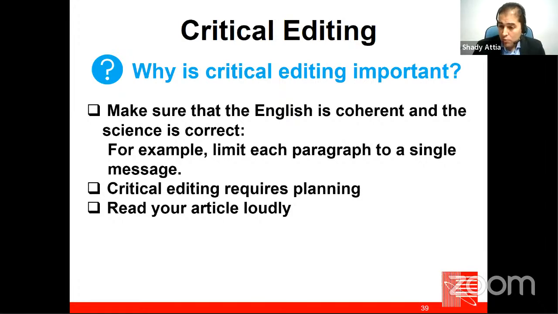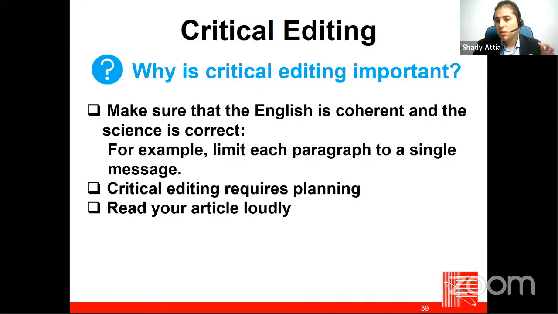This will be a very good practice. If you cannot find any access to a peer, or you are very late or in the last stages before submission, then at least I advise you to read the paper out loud yourself. And believe me, even if you are not a native speaker, you will figure out that there are a lot of